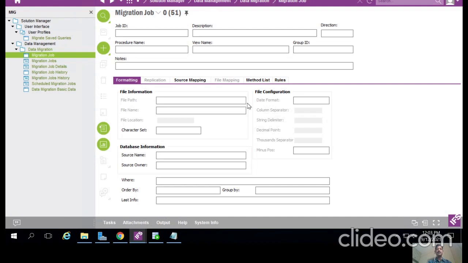Data migration activity is the basic starting point whenever you are working on an implementation project, an upgrade project, or in the support or development phases. Migration activity is the very base, the starting point, when working in your organizations. Correct. So before we go into the migration activity, first we start a discussion about data migration.